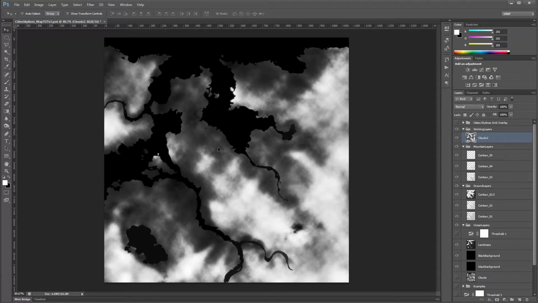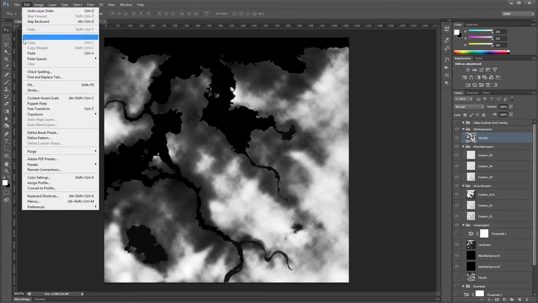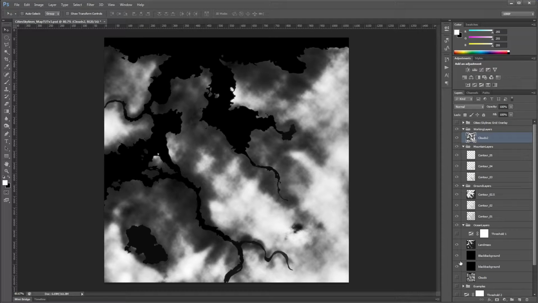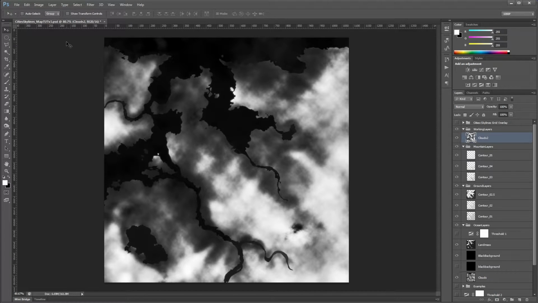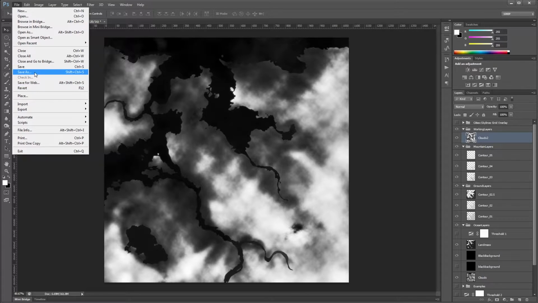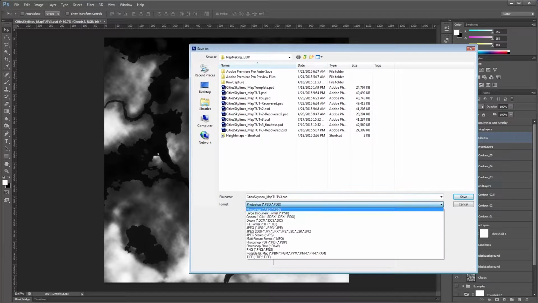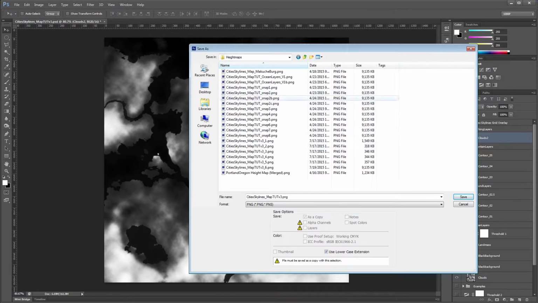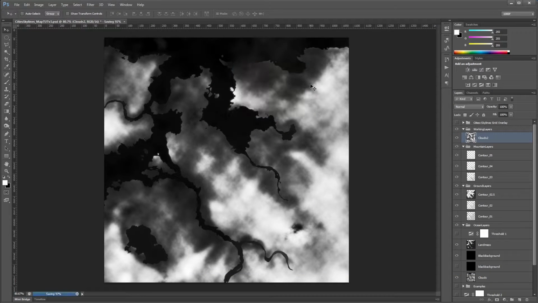And the reason that we can't use this, and what I'll do is I'm going to show you how to do this really quick. I'm just going to, let's make sure I get my background on correctly here. I'm going to do File, Save As, PNG. We're going to go to Height Maps. You can see I've got a bunch of different ones in here that I've been using for this tutorial. So I'm going to go version 4 underscore, we'll call this clouds. I'm going to show you what that looks like when we get in there,